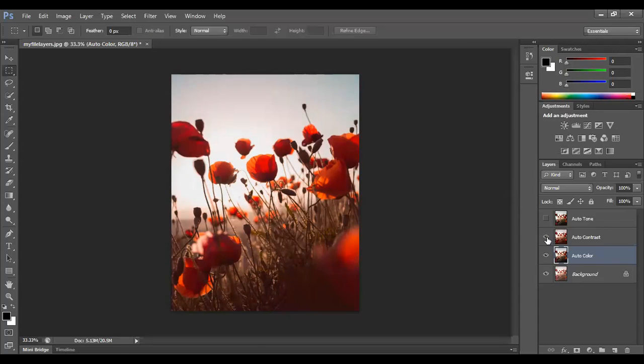So what you should do is create the eye on for all the three layers and see how exactly it's looking. Suppose with auto tone it looks like this, and the background is like this. Choose if auto tone is looking good. Versus auto contrast, which looks like this. See if auto contrast is your choice. Versus, if auto contrast is not looking that great, let's try auto color. Then whichever you like, you can choose, and then you can delete the unwanted layers.